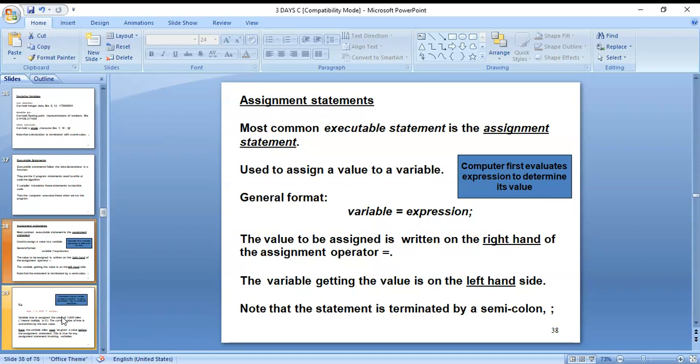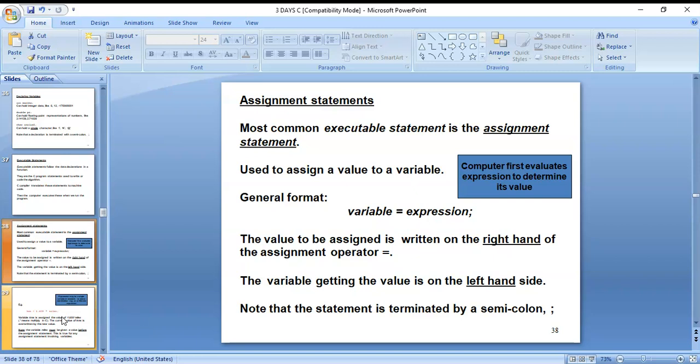For that purpose we are using the assignment statement.